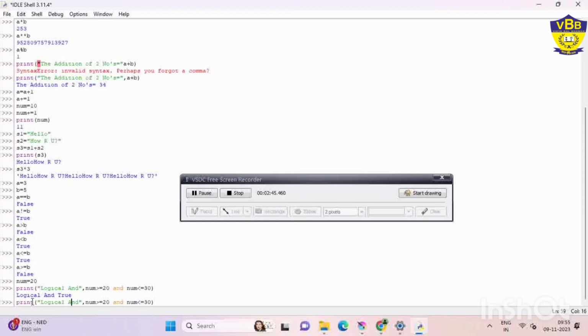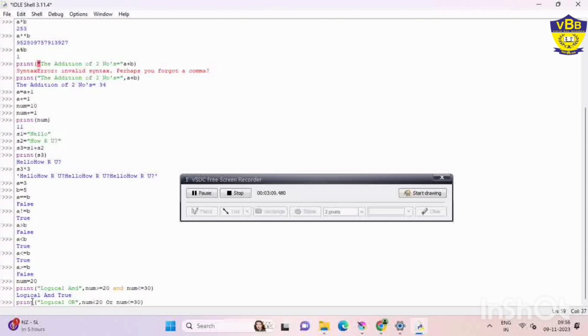If I go for the OR condition, I will change the condition. Suppose it is logical OR. What will I write here? Logical OR, and here num is less than only 20. The first condition is false: 20 less than 20, no, the condition is false. Or is the second condition true or not? Yes, the second one is true: 20 less than or equal to 30.